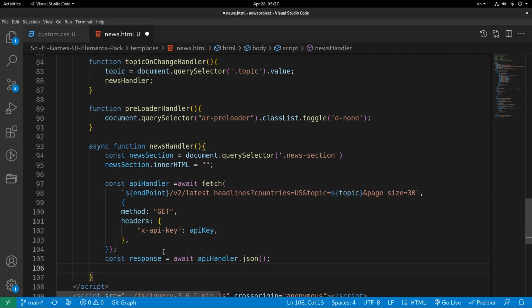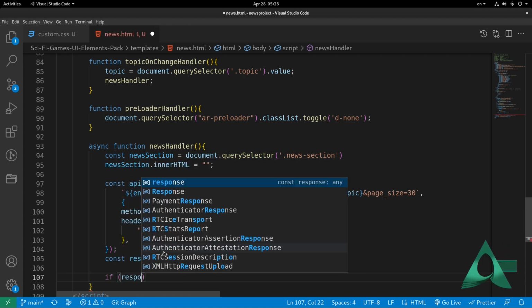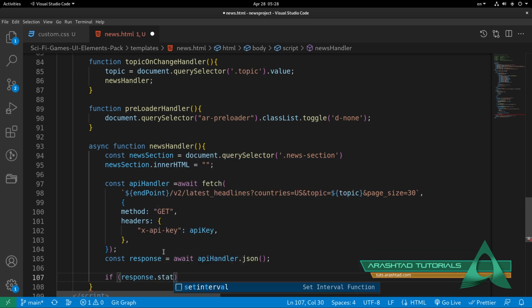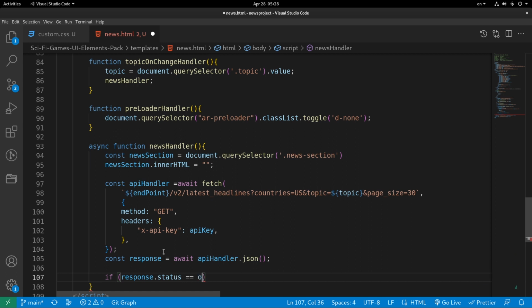So we'll get the JSON file, and now the next step is to check the status of this JSON file. If the status equals to ok, this is going to be a string, so "ok",